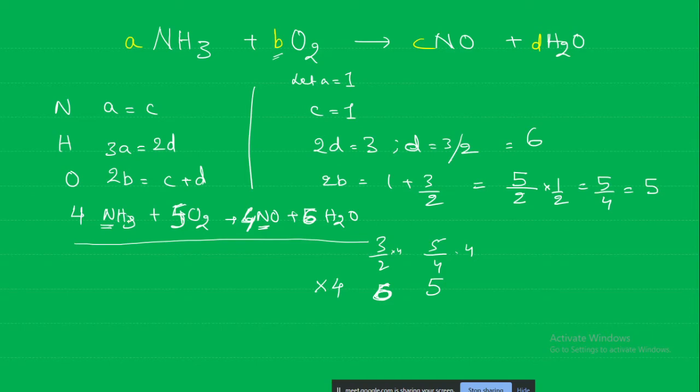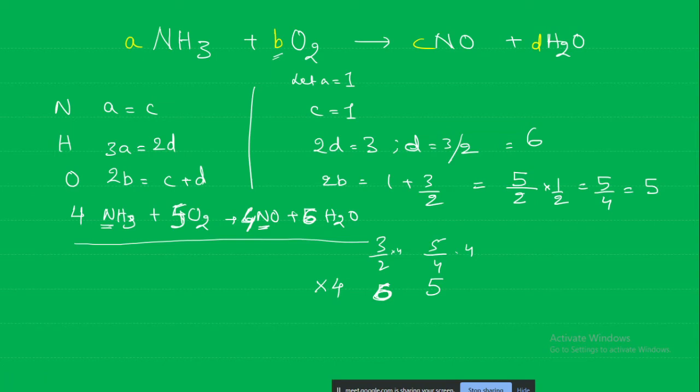Then we'll see hydrogen. Here 6 are there, and here I have again written some mistake. What is D? D is 6. 6 plus 2, 12 should come. Here 4 plus 3, 4 into 3, 12. That's also balancing. 6 into 12 and 4 into 3, 12. And here oxygen 5 into 2, 10. And here in NO4 is there, and here 6 are there, 10. Okay, it is balanced. So we can be satisfied our answer is correct.